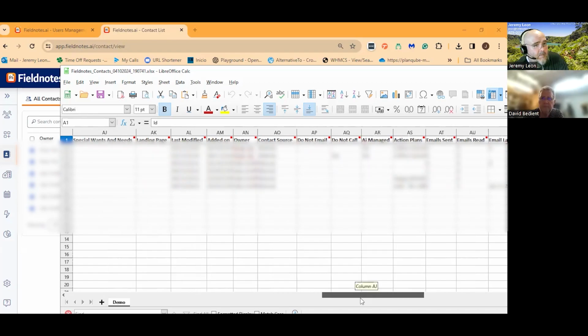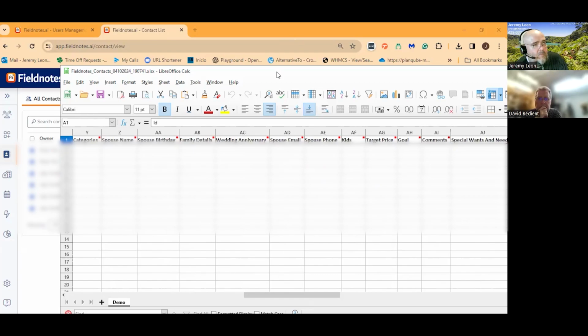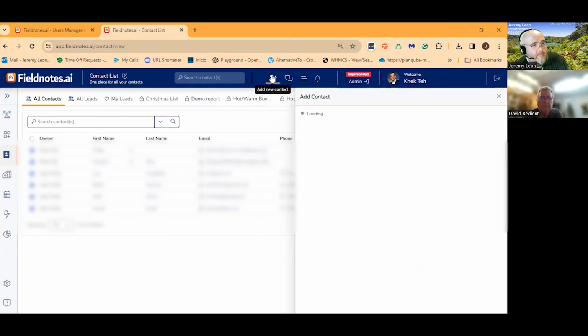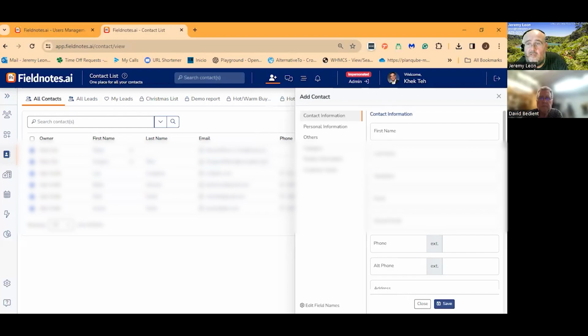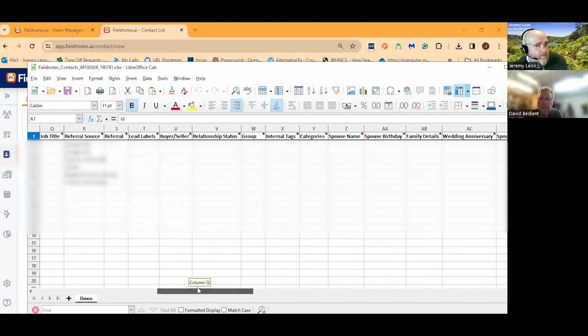Let's see what else. You got the do not call or email, you got the contact source. If you have a team of people, well, then now you've got the owners, so who's on what. And then you've got all of these categories, right? So this all lives within the contact, right? So all of these categories you see here are essentially all of these categories up here at the top header. And so